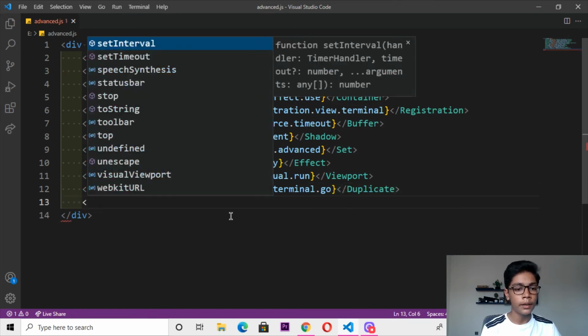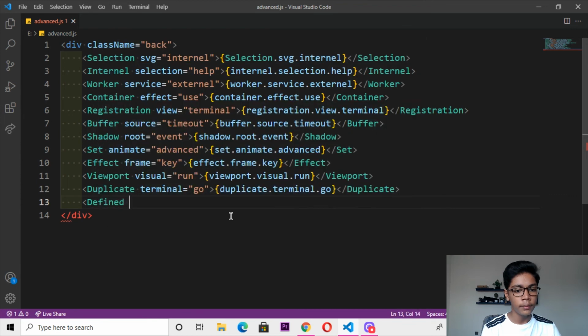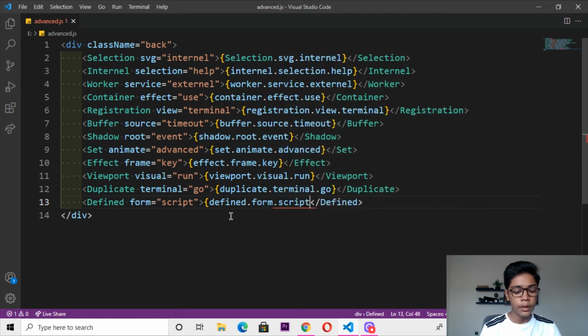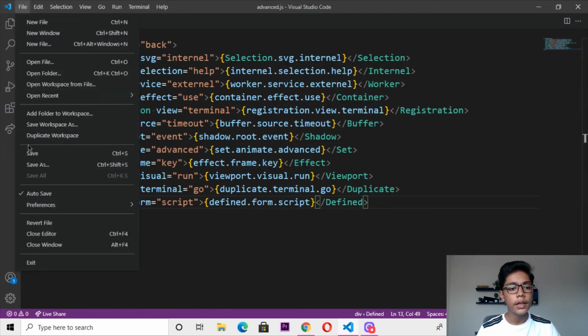Here I will be writing a tag which will be like define. Then you have to change that to form equals to. Then you have to change that to a tag which will be like script. Here when you've done that, close this and write define tag here dot form dot script. Now close this, and when you've done that, save this file, and if I show you in the Google Chrome,